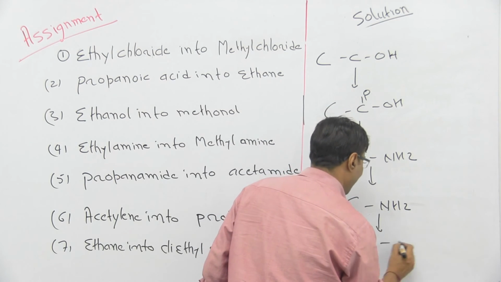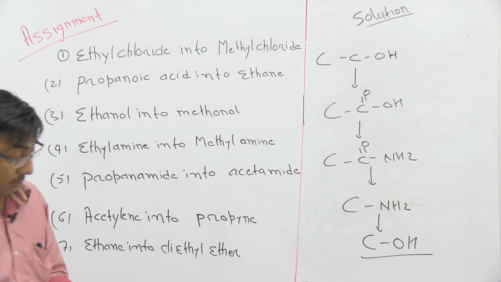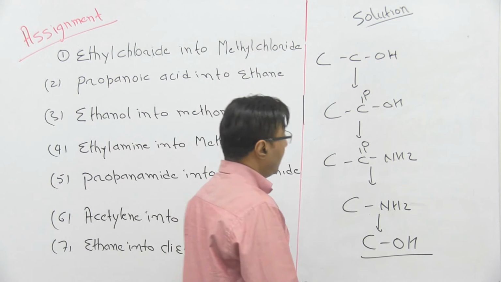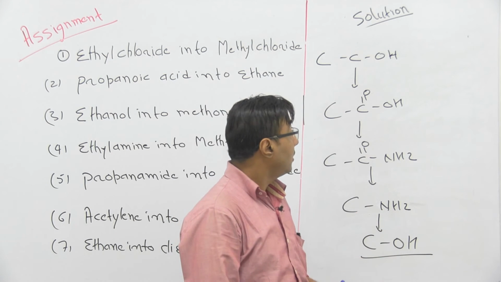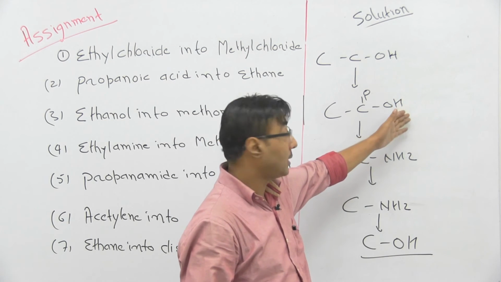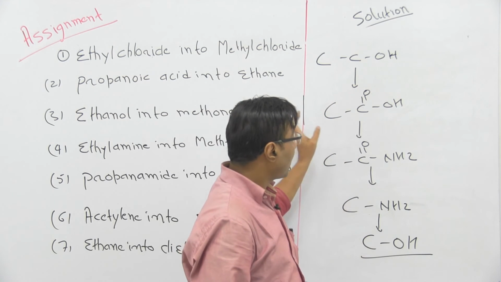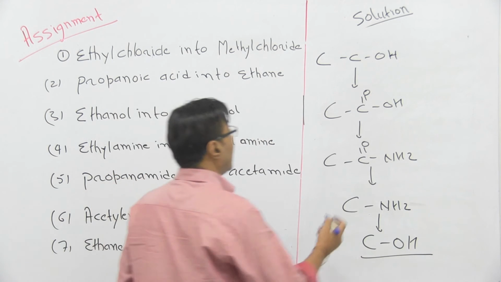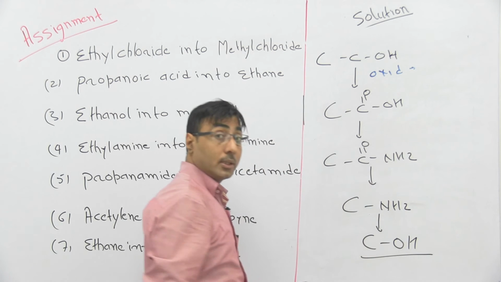Then convert CCOH. COH. So this is a relatively shorter method. In some cases decarboxylation can be the shorter method. In this particular case, this is appearing as the shorter method. Now what we did here is an oxidation, and which reagent is used here?